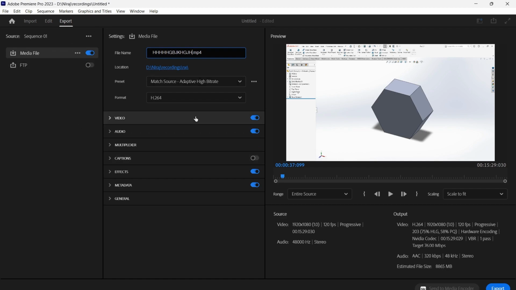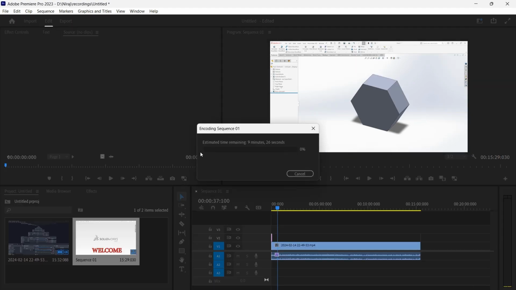Okay, so after giving the random name, you can also select the location where you want to export, and then you can just hit the export tab. After you click on export, it will export the video for you. Now this time will depend on the performance of your system. Okay,